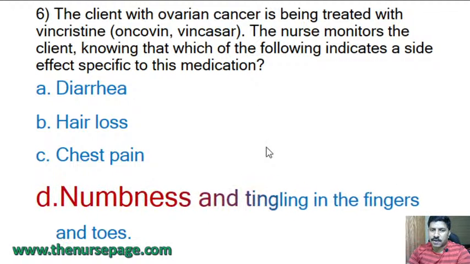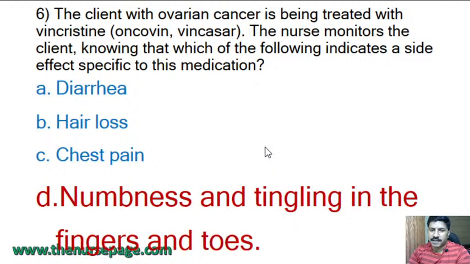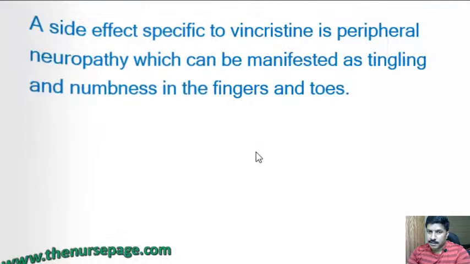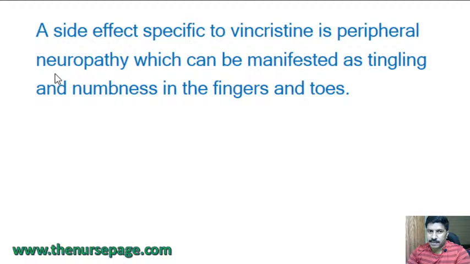The correct answer is option D, numbness and tingling in the fingers and toes. That is a sign of peripheral neuropathy. One of the side effects of Ingrezza, that is peripheral neuropathy. A side effect specific to it is peripheral neuropathy, which can be manifested as tingling and numbness in